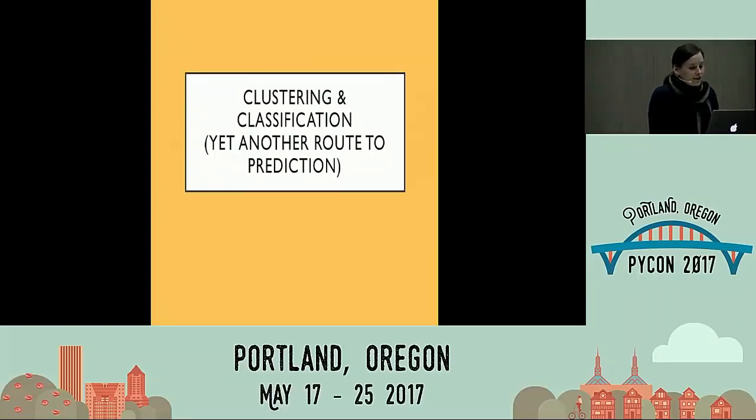Clustering and classification are especially interesting because they deal very well with irregular time series, right? ARIMA assumes you have this stationary world. It assumes you have this non-seasonal world until you put in all these fancy modifications. And it assumes you have regularly sampled your data and they mean the same thing across time.